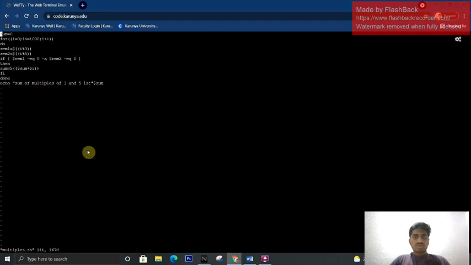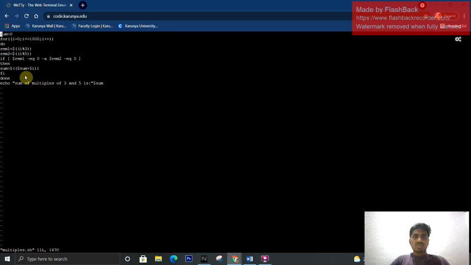This is the code to find the sum of multiples of 3 and 5 below 1000. Under 1000, we find the multiples of 3 and 5, and the sum value is given here.